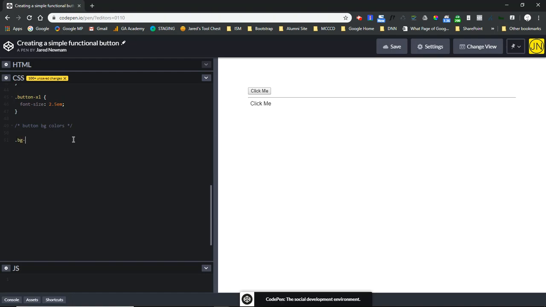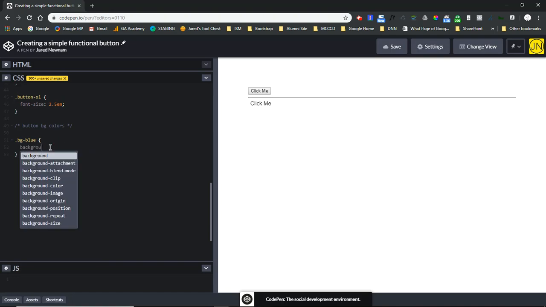So for my blue button, it's going to have a BG or background of blue. And you're going to start to see some styles take effect over here. You can already see the cursor, and you can see the padding on the left-hand side over here. It's not flush with this. It's in slightly. So for background color,